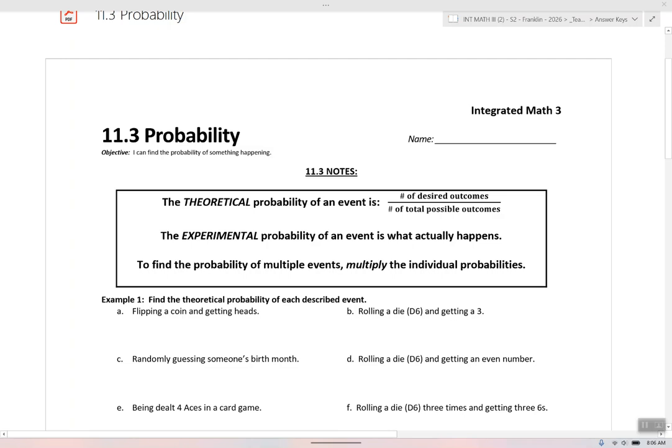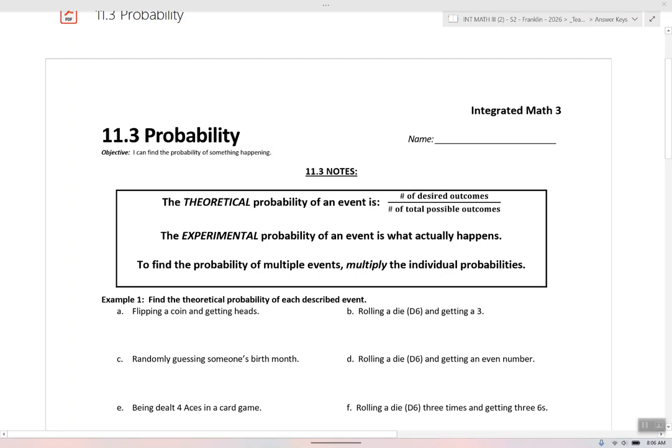Let's talk about probability, which is the likelihood of something happening. Okay, so the theoretical probability of something happening, of an event, is the number of ways the thing you want to happen can happen divided by the total number of ways or the total number of outcomes that are possible. Okay, so for example, flipping a coin, if I want to get heads, that's one outcome out of two